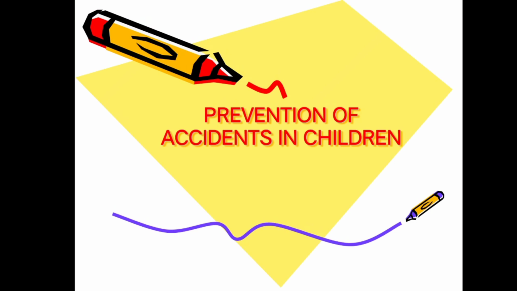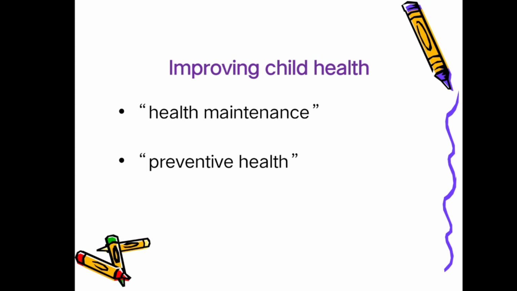We can prevent some of the accidents in children if we follow some preventive measures from the medical side. As nurses, we are responsible for imparting knowledge to the caregivers who seek medical intervention from the hospitals. We can give them information regarding prevention of accidents in children. There are various accidents in children like motor vehicle accidents, foreign body aspirations, choking, like that. We will be seeing in detail one by one.